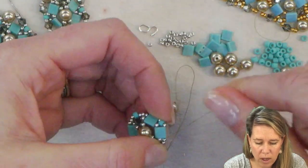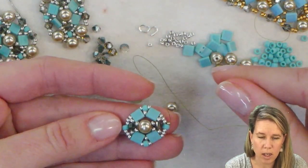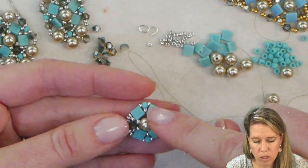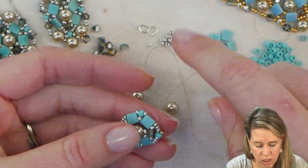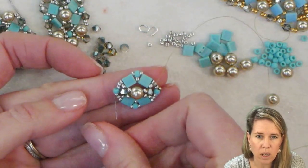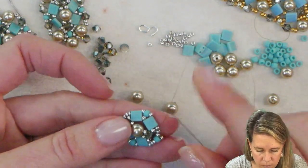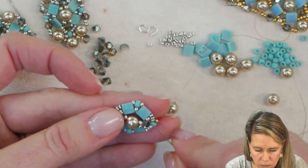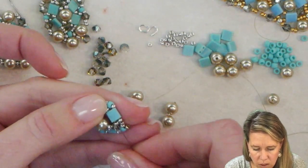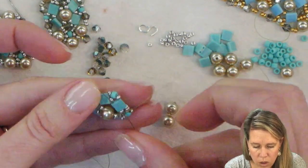This is the way that I'm going to finish this one single component. Now what we're going to do is add on to this component. So this one's completed and we're ready to go over to the next one. To get to the next one, we need to get to the 8-0 seed bead on the end of the design. To do so, coming out the crystal, I'm going to go through my 11-0 seed bead right after the crystal, through my Tila,